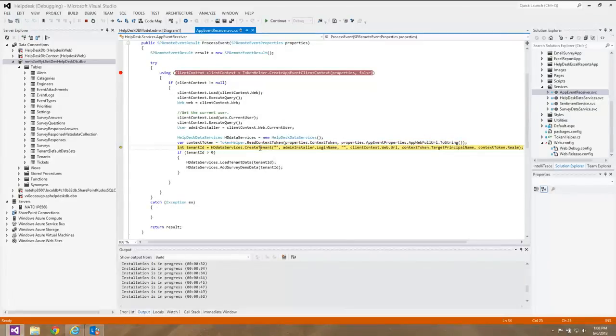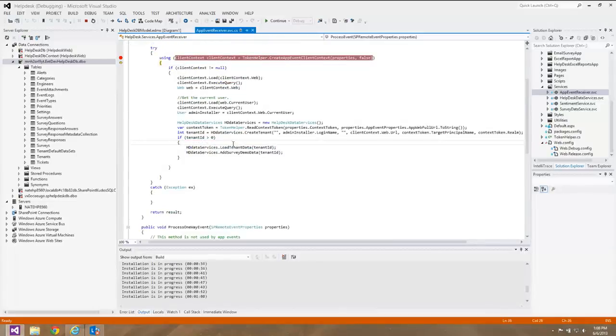So what we do is we do a check to see if that tenant exists. We'll go ahead and create a tenant. And then we actually make a check on the tenant ID. If it's 0, we say, okay, they're already registered. If not, we go ahead and create the table structures for that tenant. And just to kind of show you what that looks like,